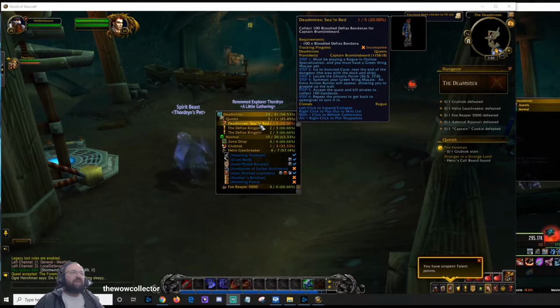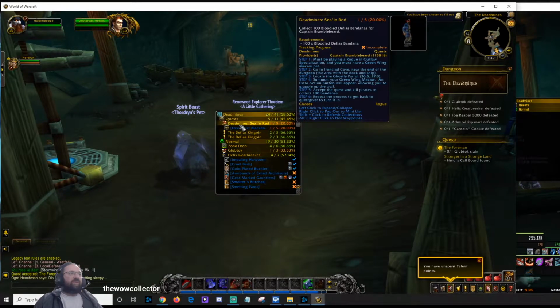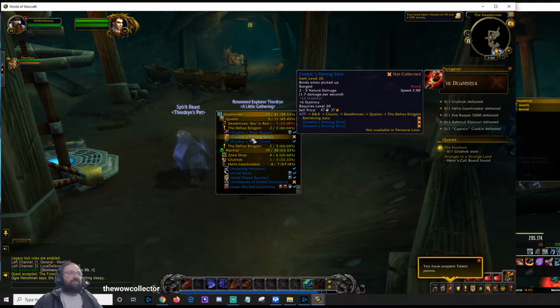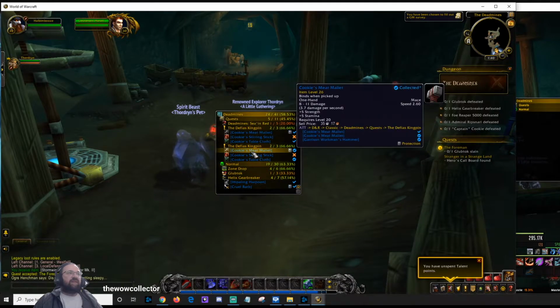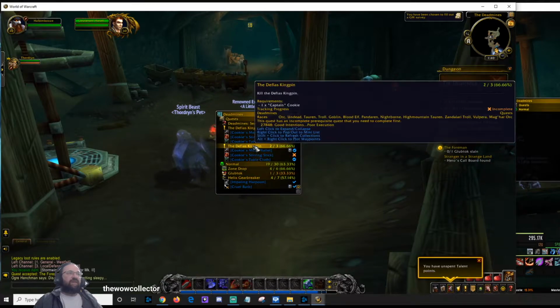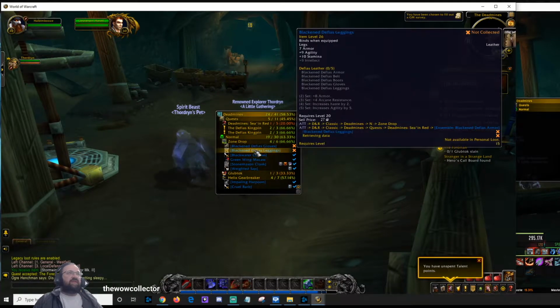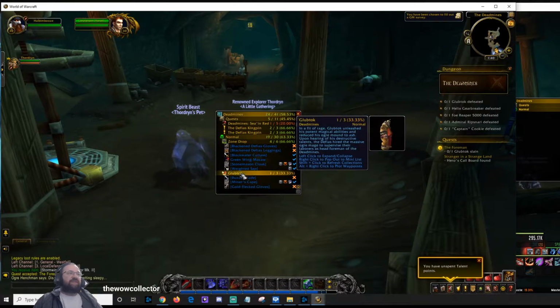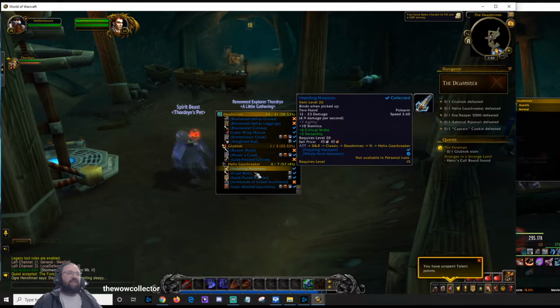Alright, so this right here is the rogue only quest. So I need the wand, and the wand. Okay. So leather. Oh, I should have made a leather worker. Dang it. Dagger, cloth,